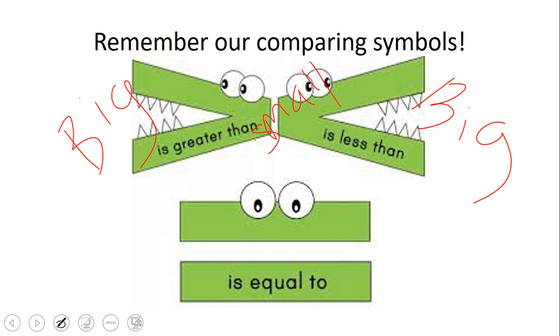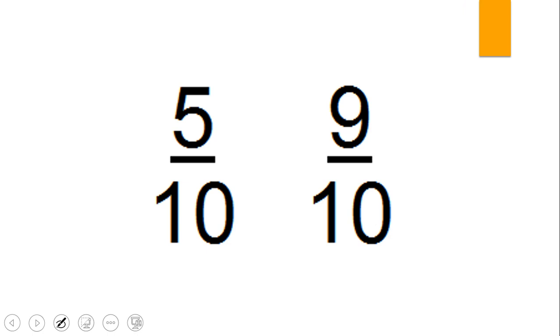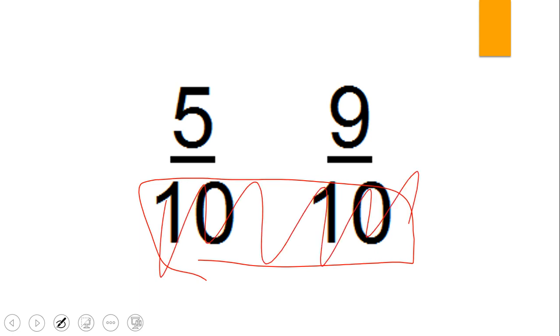And then we have Erie here, who's just equal. He's just hanging out. He's cool. So when you see a fraction like this, you're just going to write the sign, and you can just look at the pictures and see which one is bigger, and then you're going to draw the correct sign. When you have the numbers, remember that if the numbers on the bottom are the same, you don't even have to look at them. You can just cross them off,